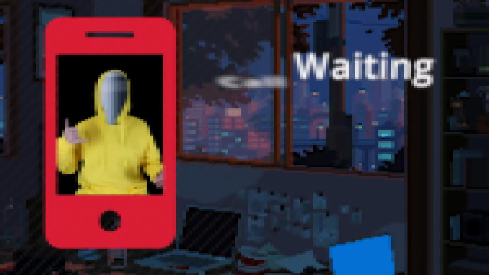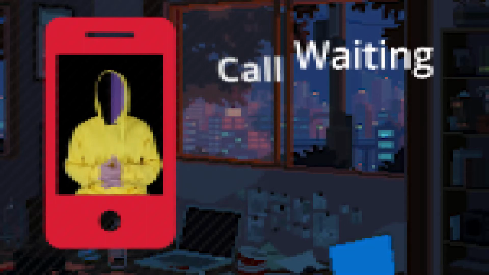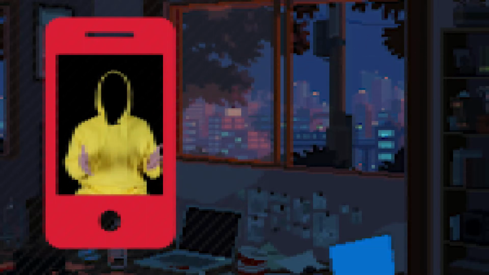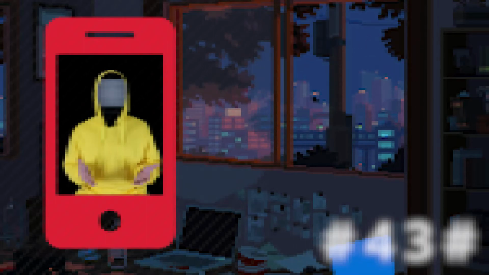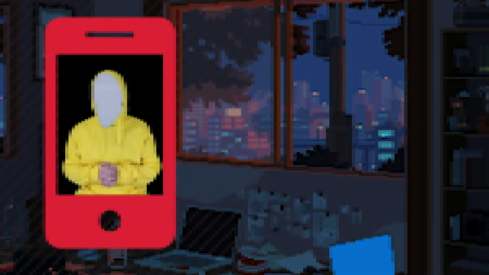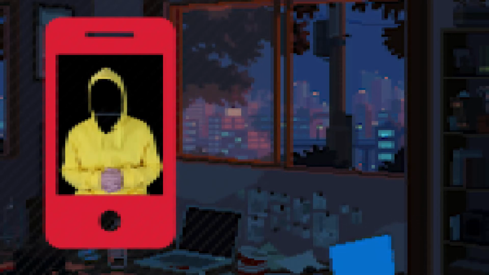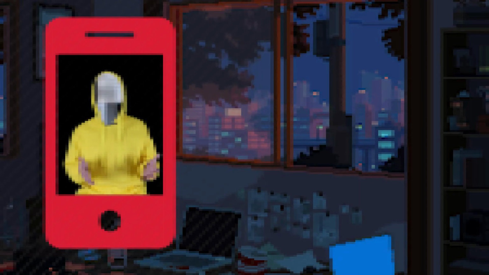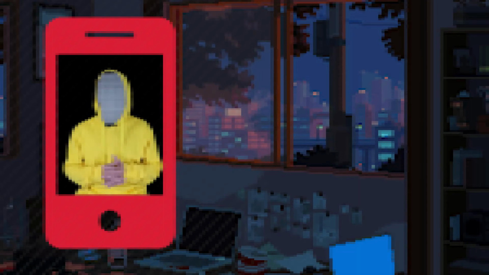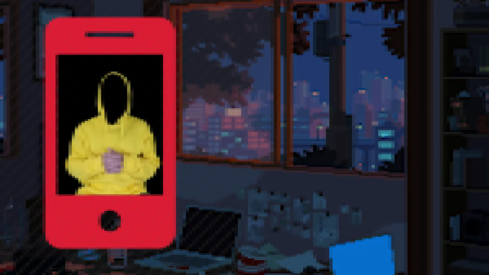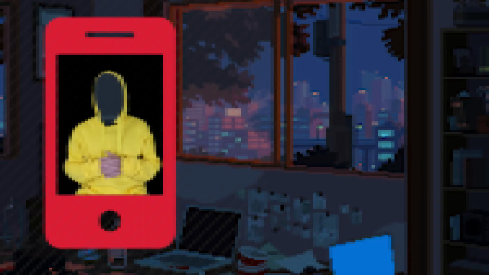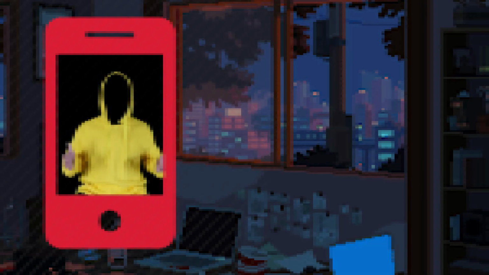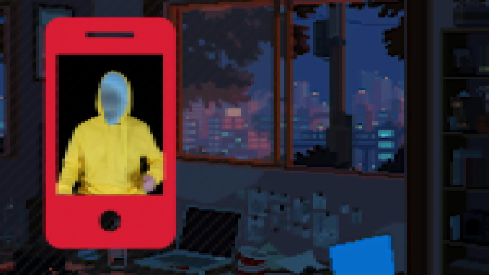Call waiting. This phone function is very helpful for busy people. Sometimes you get lots of phone calls and messages, so you can use this code to turn on the call waiting option on your iPhone. Activating this option notifies you of someone's call even when you are in another call, and you can hold the current call and answer the new call if it's important to you. And to cancel the call waiting option, just dial the same code.